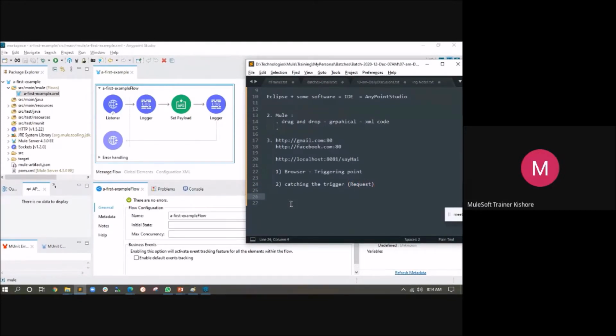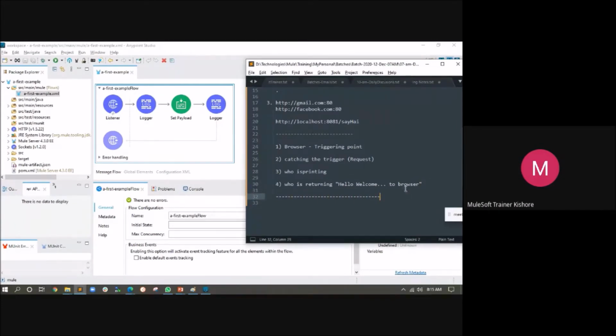And who is printing something in the log? And the fourth one is, who is returning some message, hello, welcome, some message to the browser? So all these four things are done by your event processors.